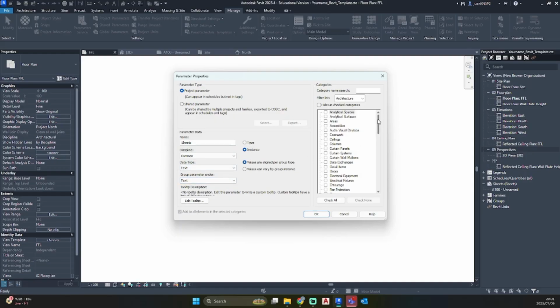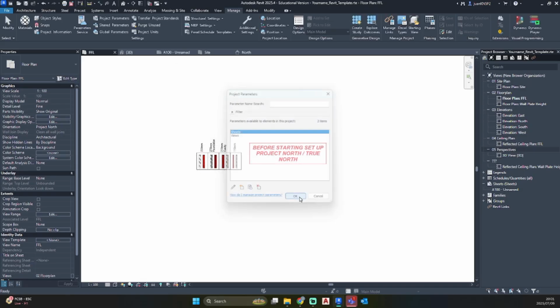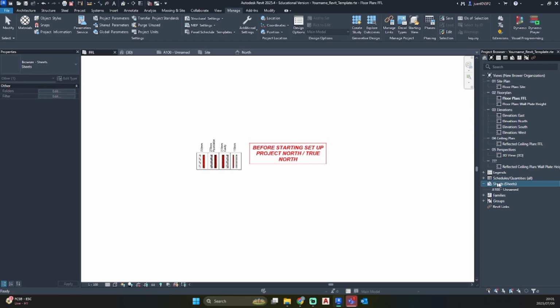As we did with the views, under the category section we are going to scroll down and look for Sheets. There you go, Sheets. Just make sure you select Sheets. I'm going to hit OK, OK, and then you're going to click on Sheets, right click on Sheets, Browser Organization.